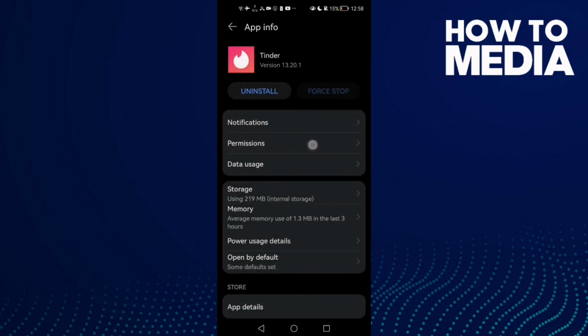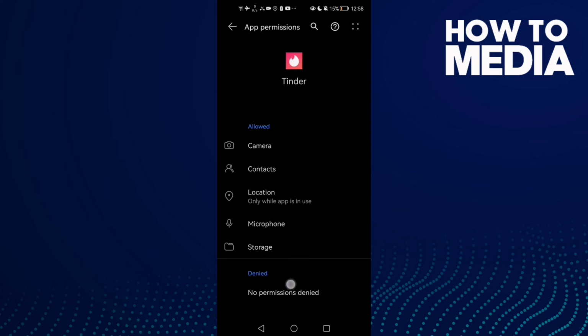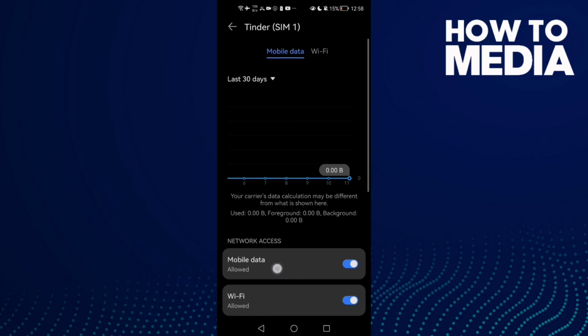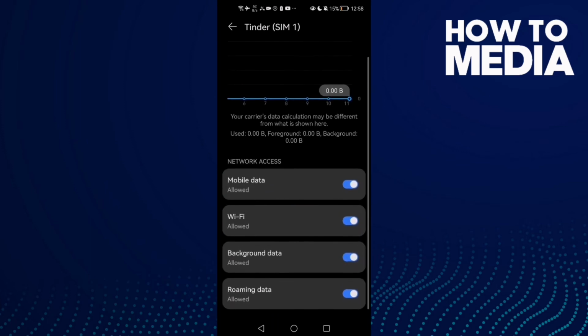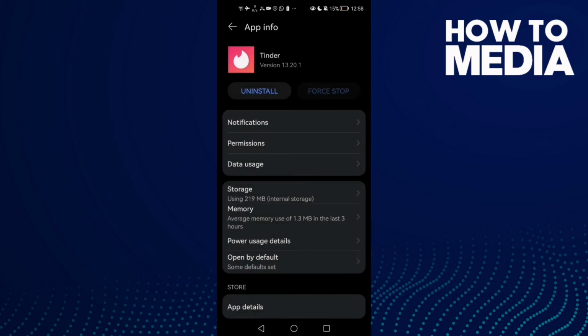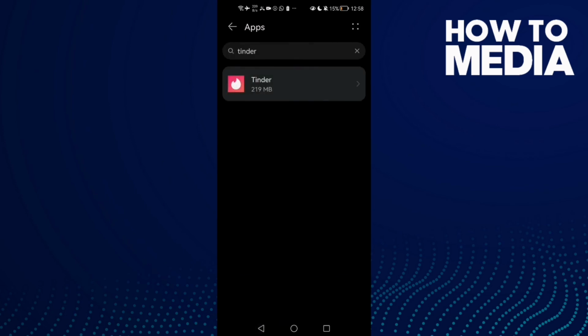and then go to permissions, allow all of those permissions here, storage, and click allow, and then all of those. And now go to data usage, check mobile data and background data, maybe you'll find it like that, and allow it. And now that's it. Just go back and try again,